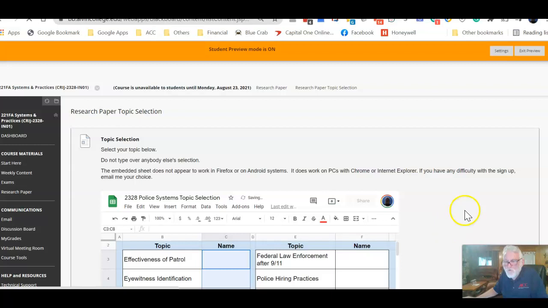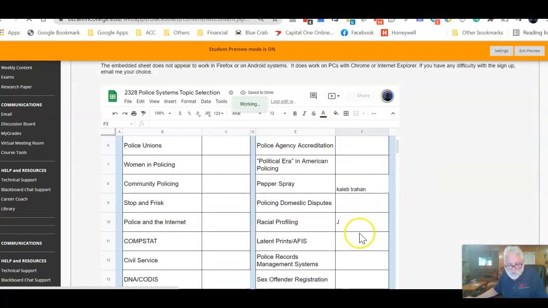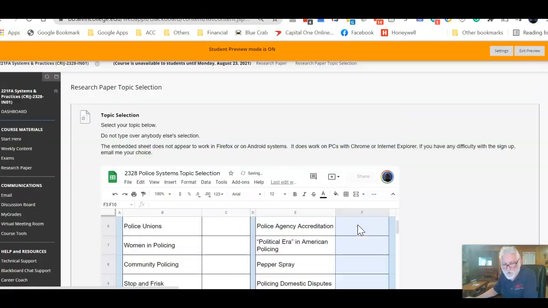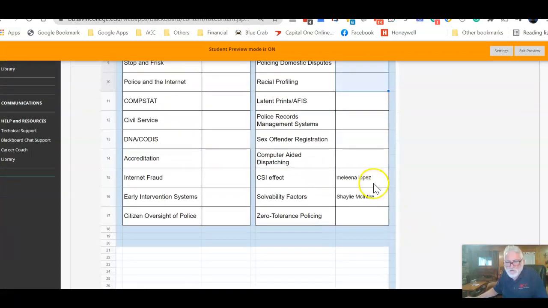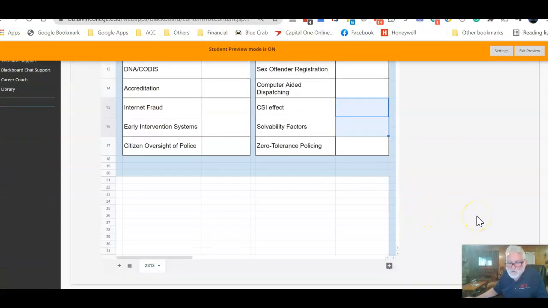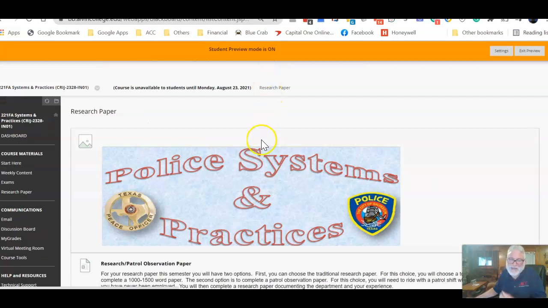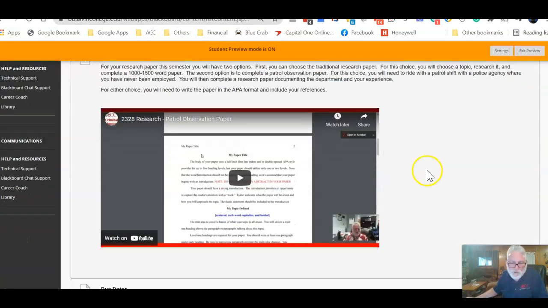And you may want to select a topic in case you can't do the patrol observation, because it's only one student per topic. Only one person can do each topic, so you don't erase somebody else's name. So you may want to select that in case you can't do the patrol observation.